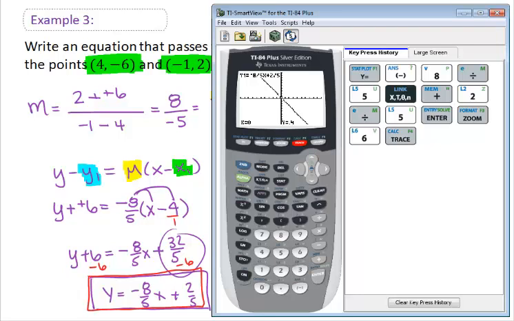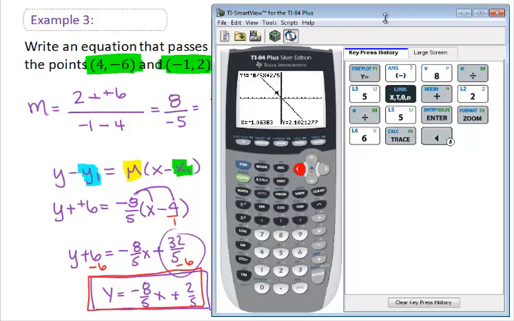Now, the trace button does exactly what it says. It traces it. So you can push the left and the right, and so you can see whether your calculator gets close to those points. So if I'm looking for my (-1, 2), I can push the trace and I see that I get close to my points that I'm looking for. I get an estimate of x equals -1 here and an estimate of y equals 2 there. Now, in math, we never like estimates, so we want to confirm that this is the exact right point.